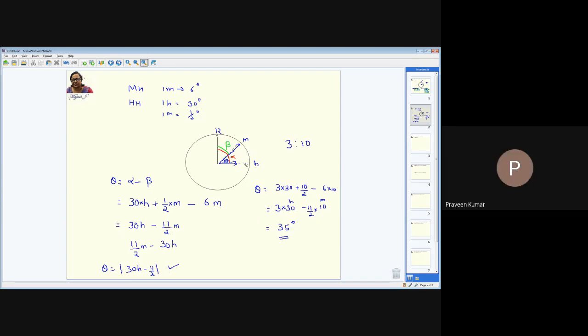That's a shortcut. What I do is I just write 1, 2, 3. When I say it is 3:10, I know that if I assume the hour hand is at 3, the minute hand is at 2, because 3:10 means it's going to be at 2. So the difference is one division. So 1 division is how much? 30 degree.